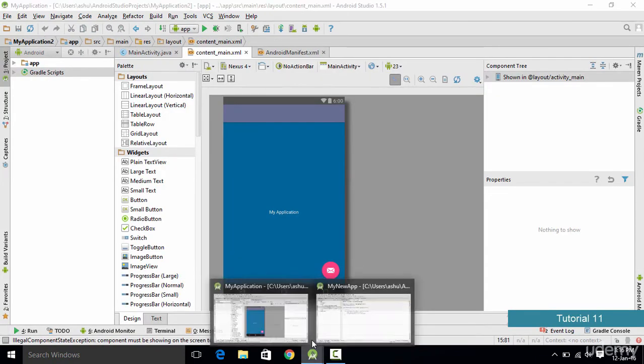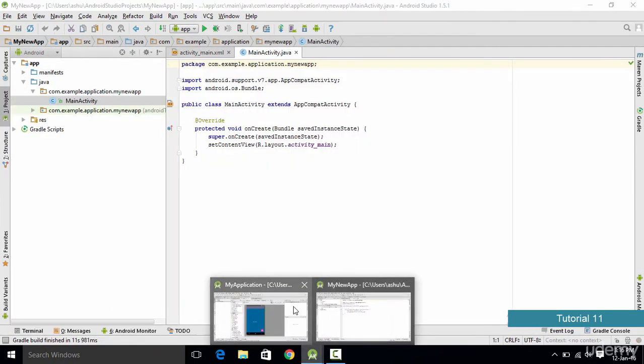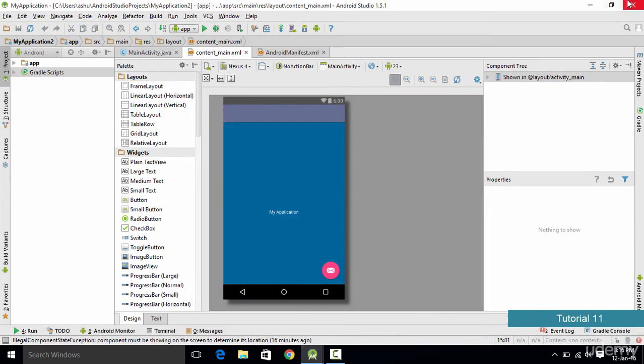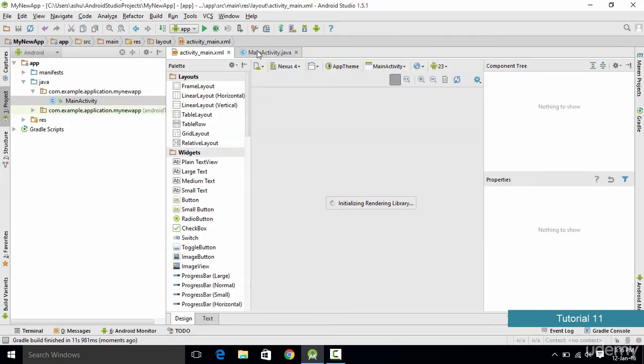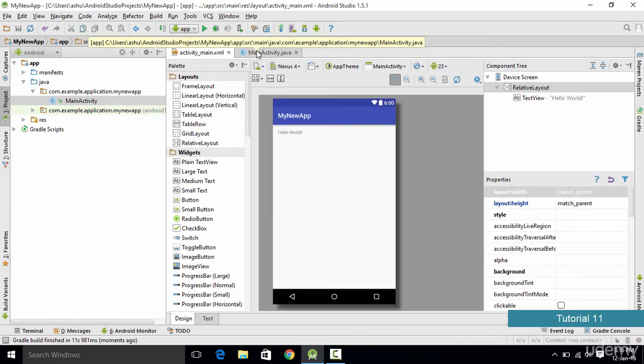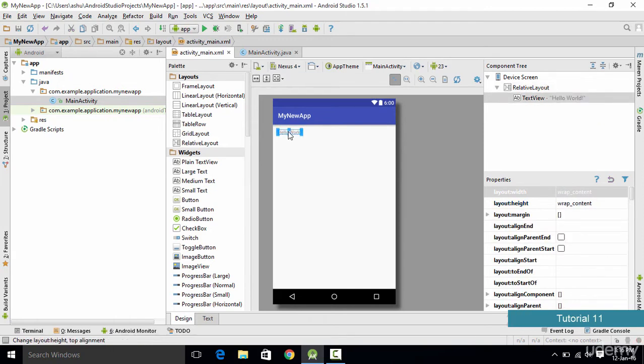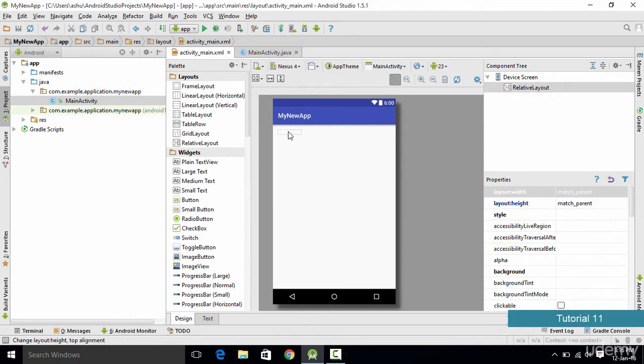As you could see, we have two projects right here. Now as we are not working with our first project, we simply close out of this window, and now we have our second project, which is My New App, and this app consists of the same things as the previous app, but the thing is that we don't have any content on our screen. Now as you could see, there is some content on our screen, so we make sure that we delete it, and that is because we want to learn how we could develop our own applications from scratch.